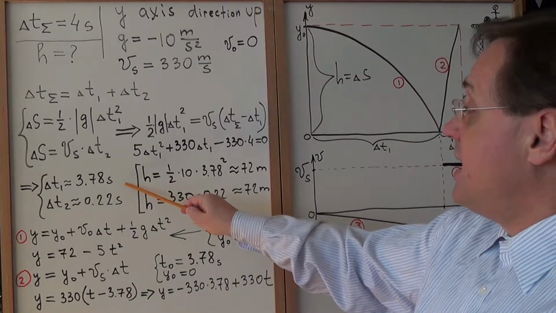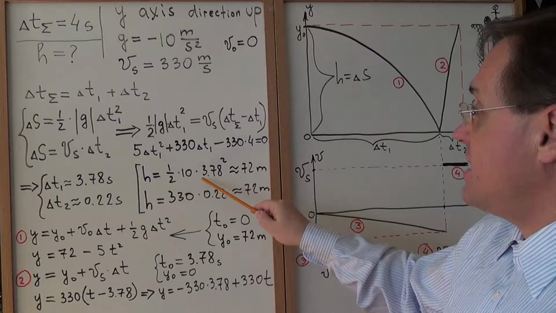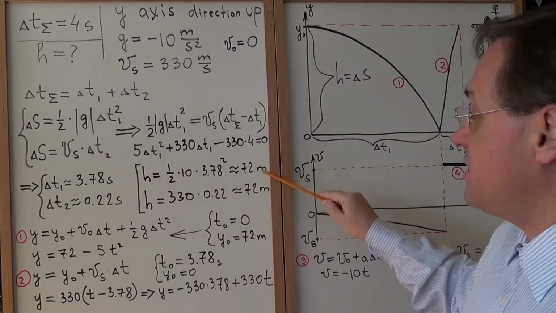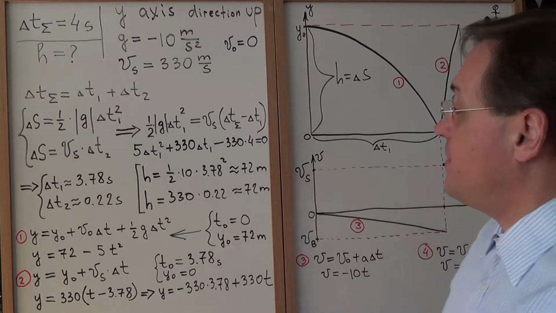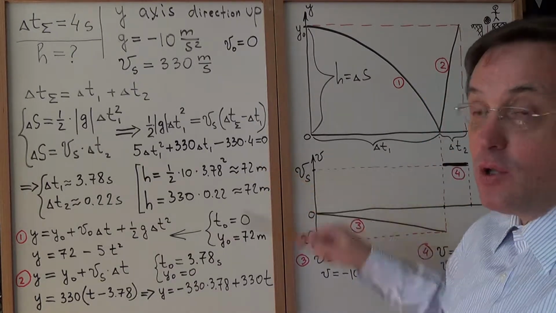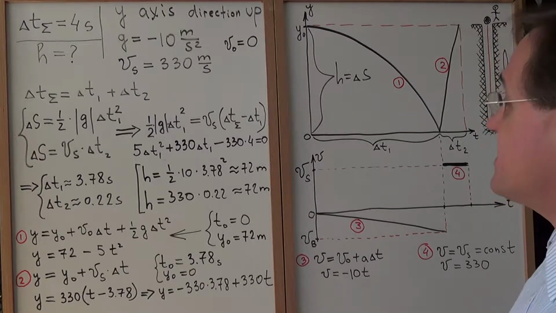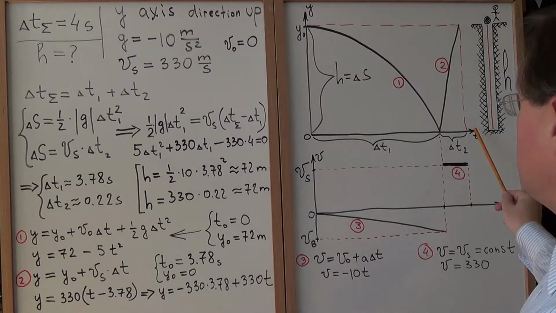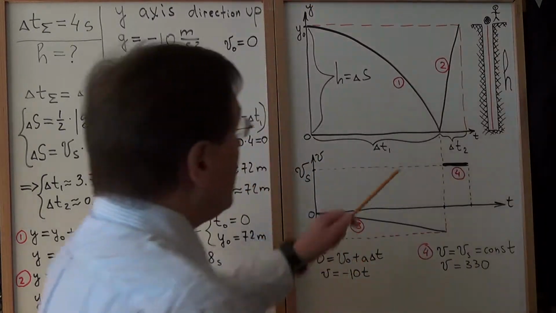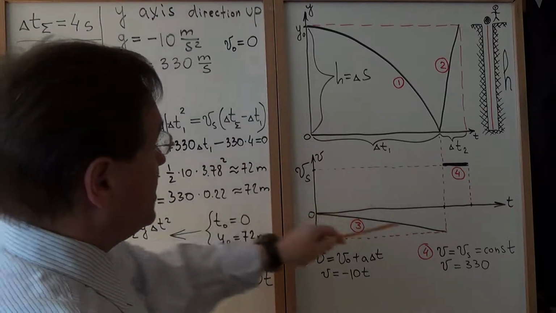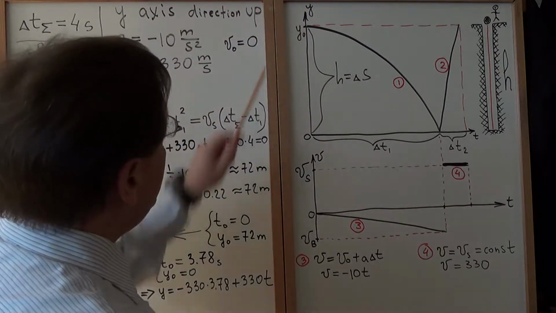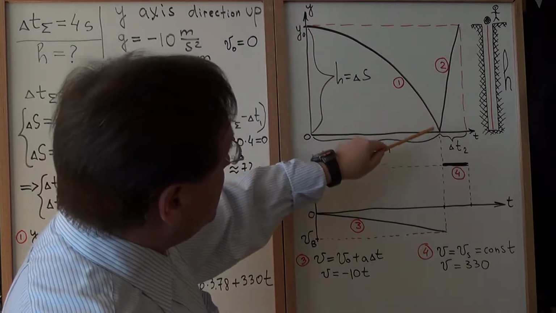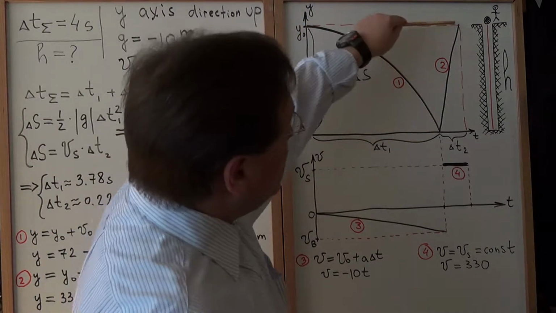Now we can place our found time into either of these equations, and we'll find the depth of the well either way. Now let's consider how it looks on graphs: the graph of coordinate as a function of time, and the graph of velocity as a function of time. So we have two movements here. First, falling down with acceleration, and second,